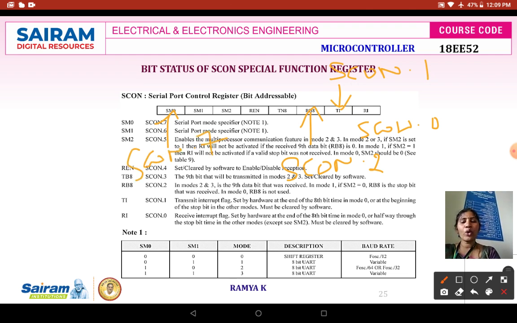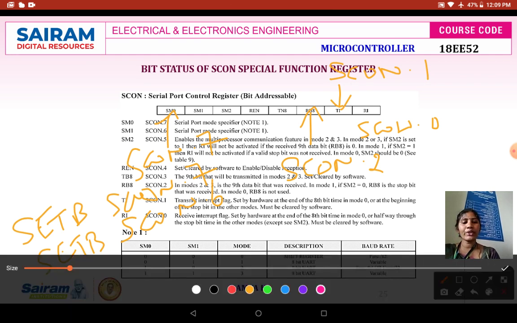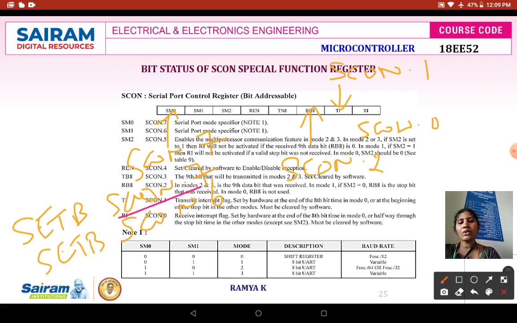Suppose I wanted to operate with mode 3, I can write SETB SCON.7 and SETB SCON.6. Set bit in the sense you are going to set the bits SCON.7 and SCON.6. It means that SM0 and SM1 are going to be 1, 1, where you prefer to operate with mode 3.